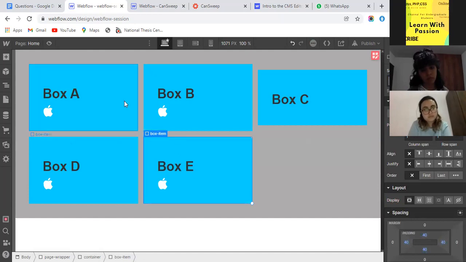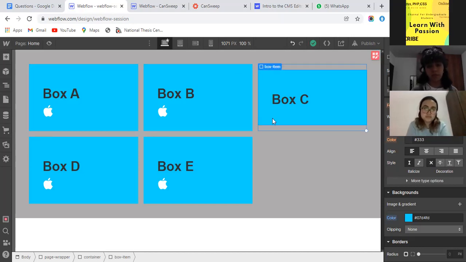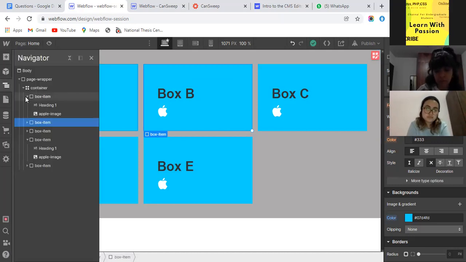Now you can see that in the scenario of text we have an option of center align. It will center align, but what is the proper way to center all the elements inside the box?